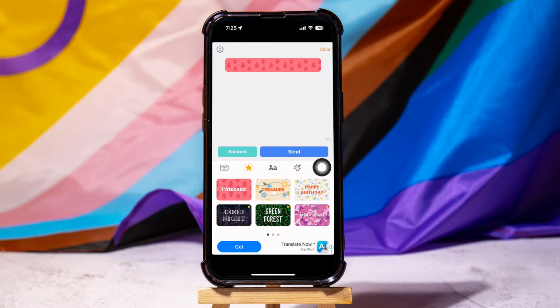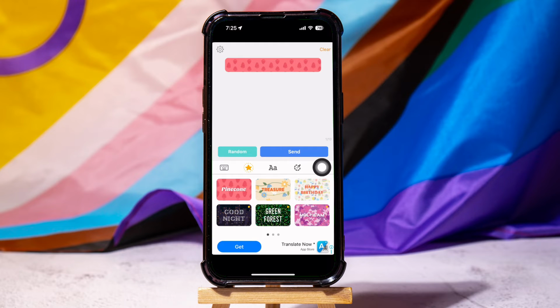This application allows users to customize the appearance of their text messages, including the color of the text bubbles, fonts, and backgrounds within the messaging interface. These apps offer various customization options to personalize the messaging experience, allowing users to express their style or match their